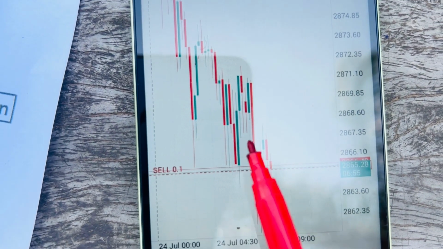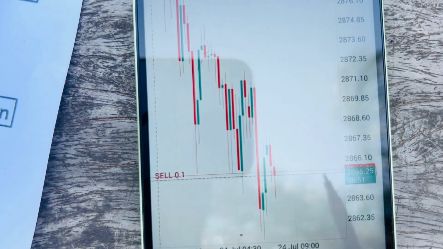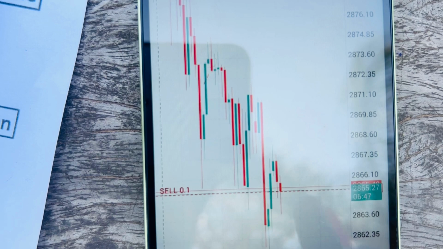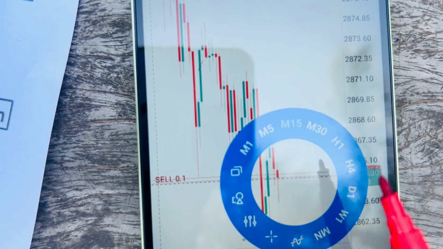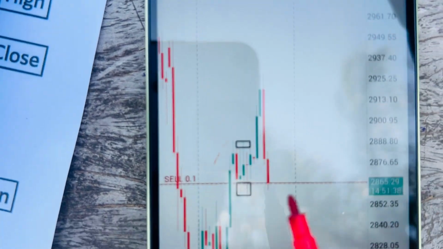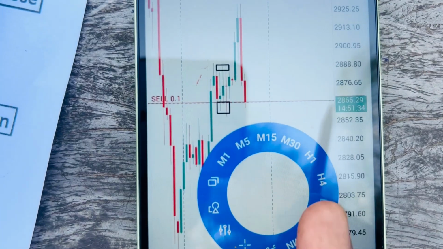So this is how you can actually trade the market, but you must trade it in higher time frame, because the higher time frame is telling us that we are buying, but the smaller time frame is telling us that we are selling. So you do not listen to the smaller time frame, you look at the higher time frame. The 4-hour time frame is powerful because it shows where we are going. If you use the daily time frame, then you can see that we have the structure still for buying. If you use weekly time frame,